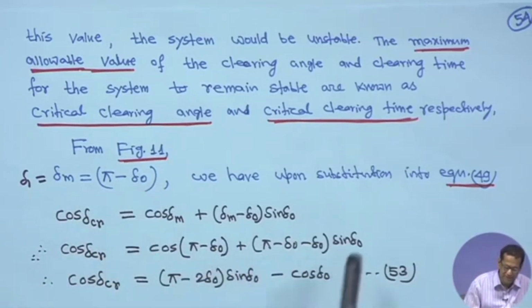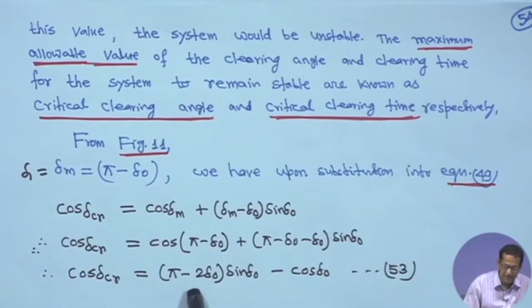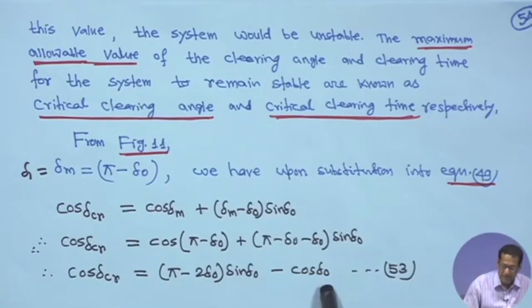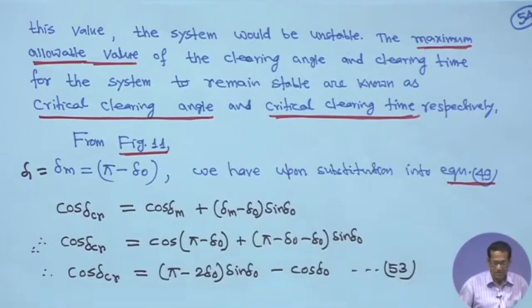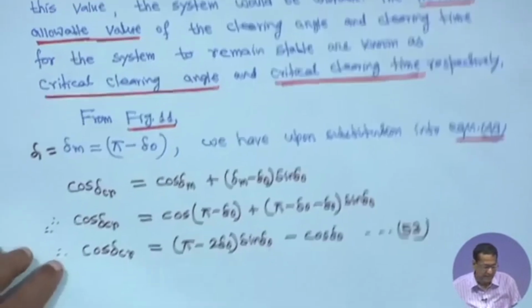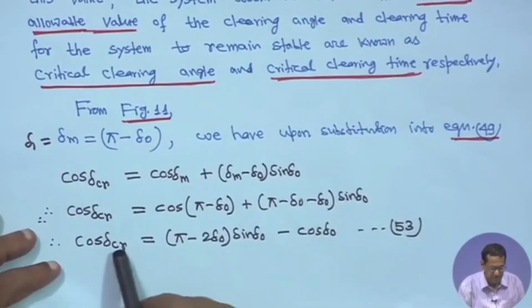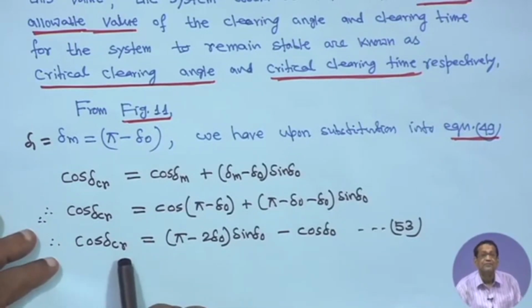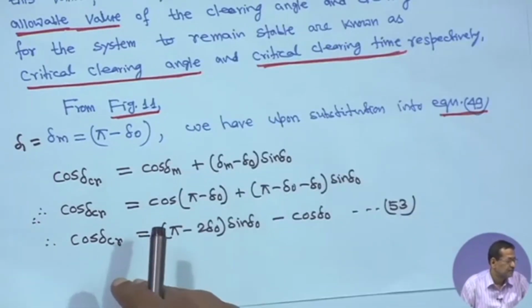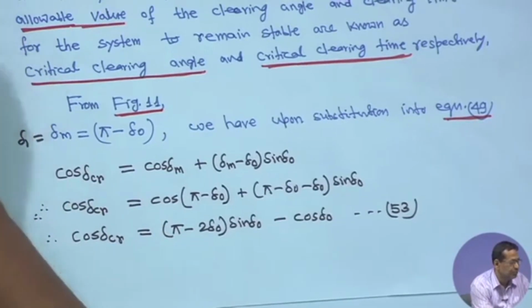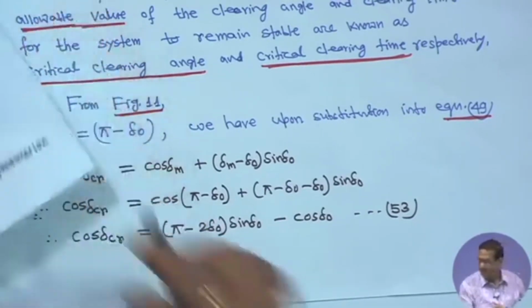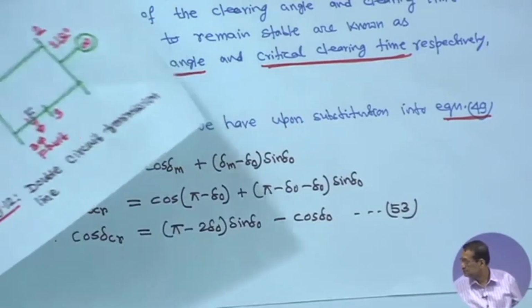Now, putting in pi minus delta 0, you will get cosine delta CR is equal to, in brackets, pi minus 2 delta 0, bracket closed, into sin delta 0 minus cosine delta 0. This is equation 53. So, if delta 0 is known to you, you can compute delta CR, the critical clearing angle. Now, using equation 52,